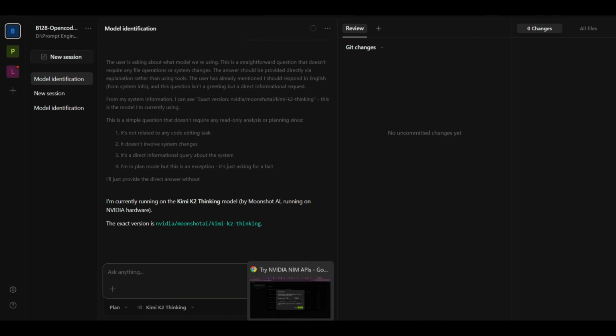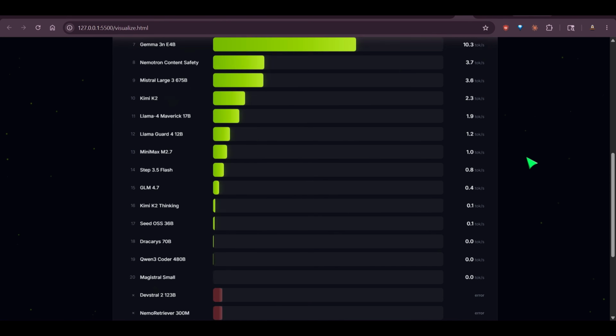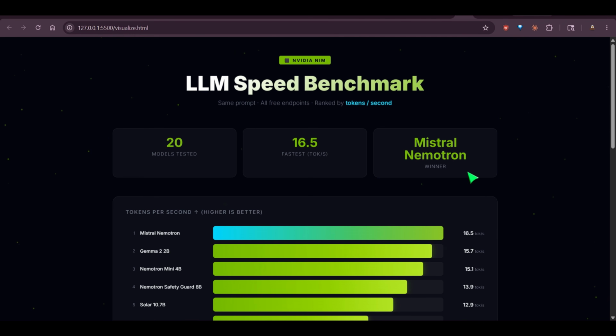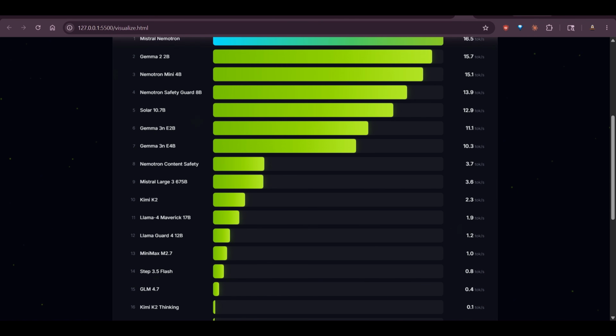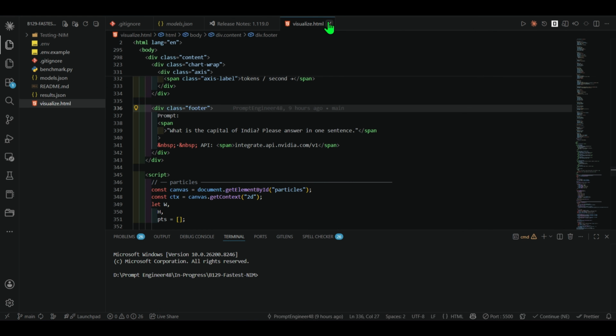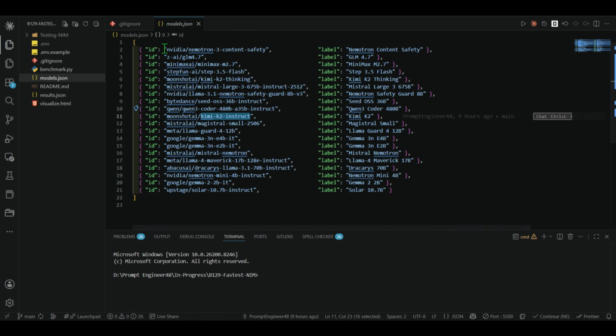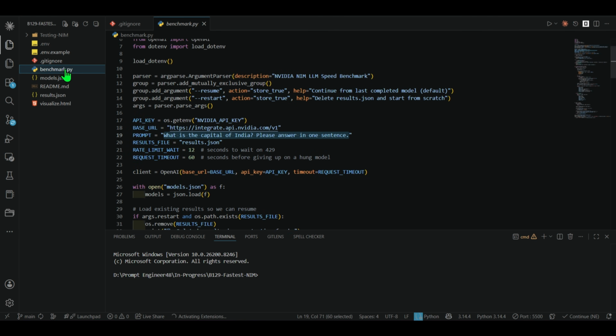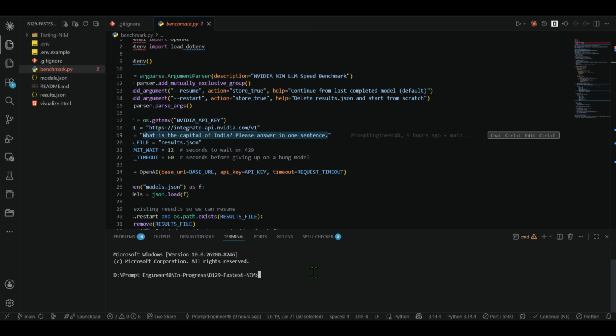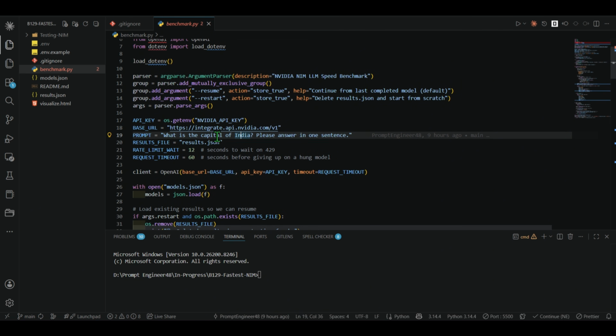But if you want to find the best model or the fastest model as of now, you can use the code that I will share with you, and you can run that code and find which models are doing the best. So for example, I will share this code with you via GitHub, and what you can do is clone the repo, and then you can see that I have all these models which are listed here, and I want to test these models. So what I can do is run Python benchmark.py, and you can see that I give this prompt: what is the capital of India, please answer in one sentence. I send this same